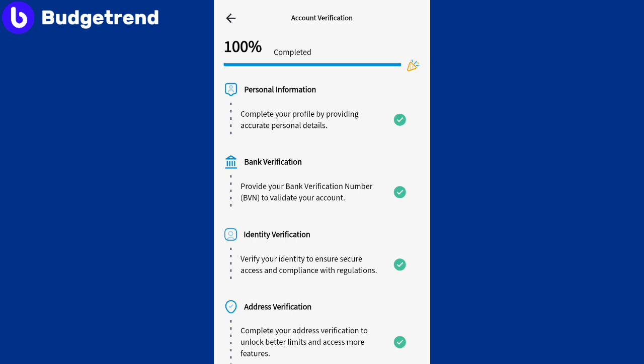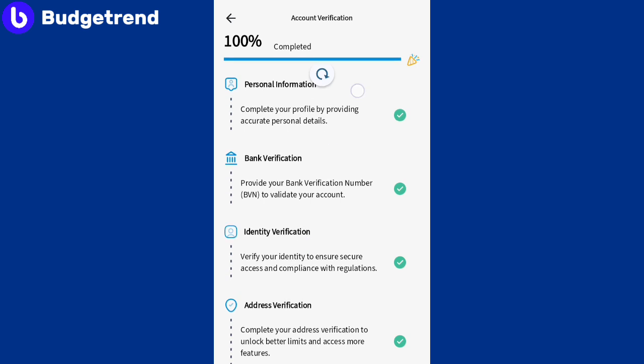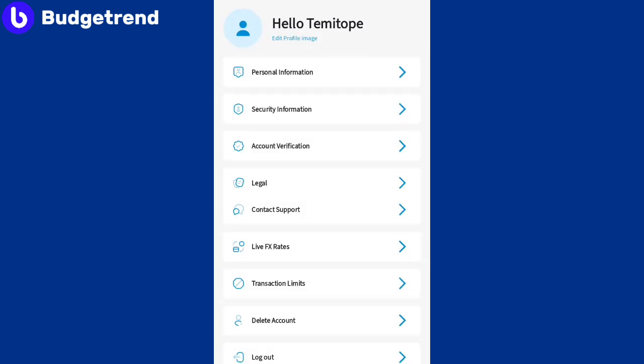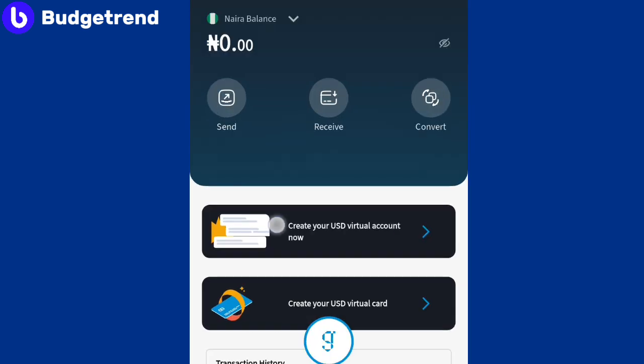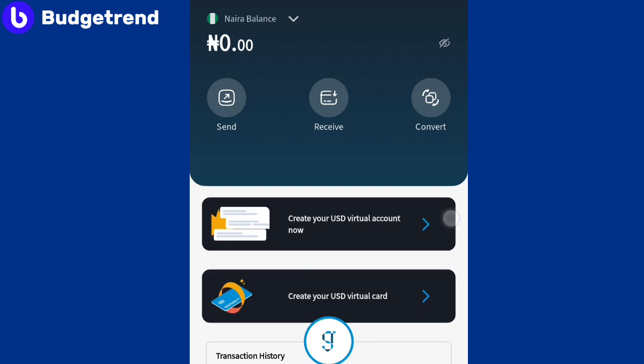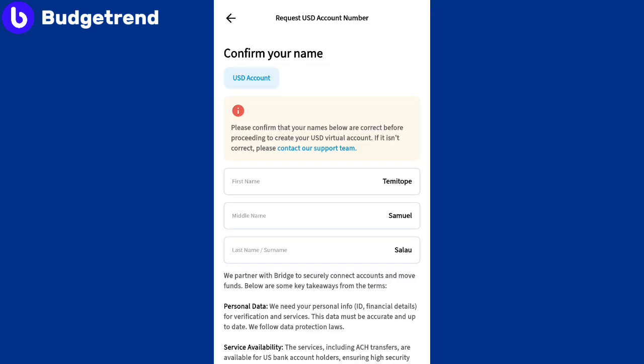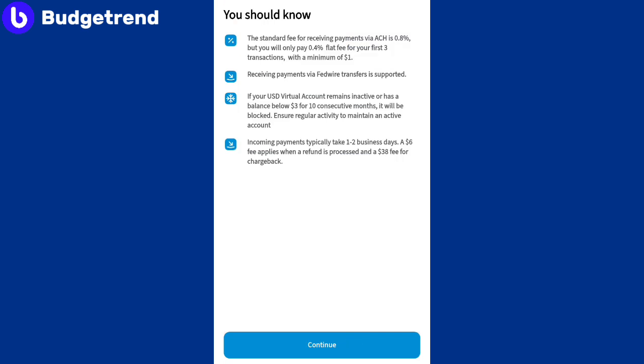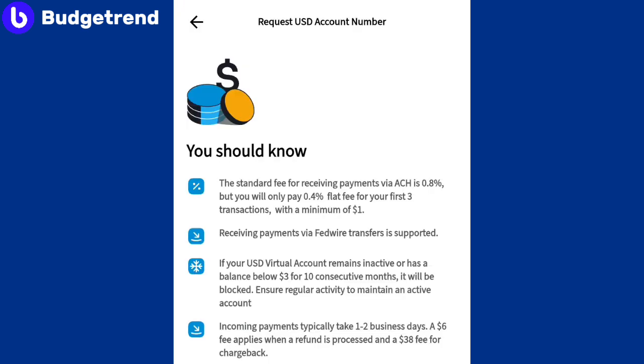Once you submit them and everything is approved as you are seeing right here, then you will be allowed to create a virtual USD account. So if you just click on this now, it will tell you to confirm your name as you are seeing right here. Once you confirm the name is accurate, the name is correct, then you will click on accept and continue. So once you click on accept and continue, you have to read this to understand how it